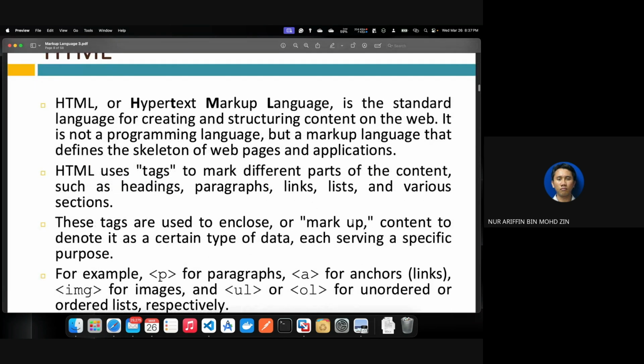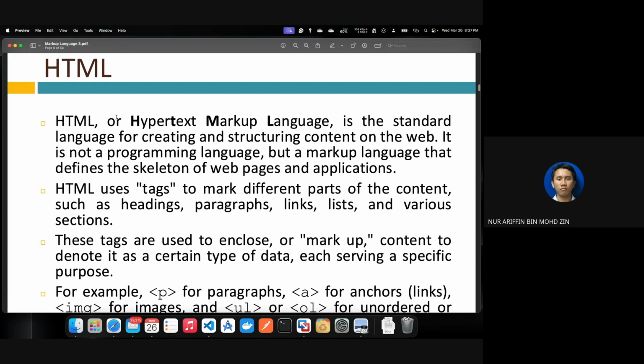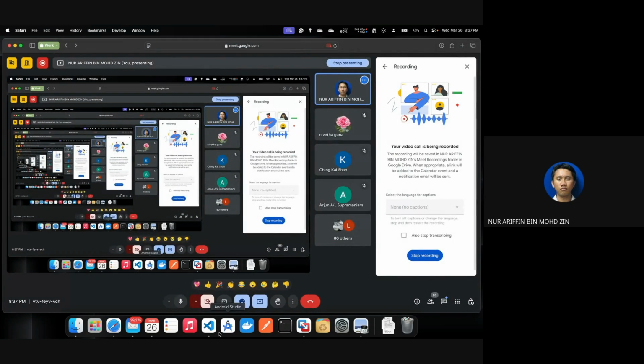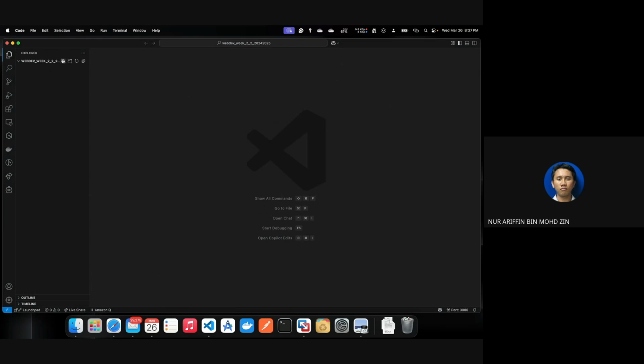All right. So again, a brief introduction of HTML. It stands for Hypertext Markup Language. It is the standard language for creating and structuring content on the web. And then it is not a programming language. Okay, why do I say that it is not a programming language? Instead, it is a markup language. Okay, because HTML, okay, why do I say so? Because HTML, hold on,